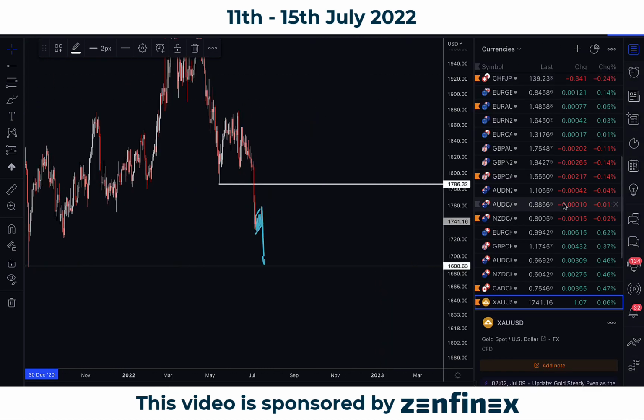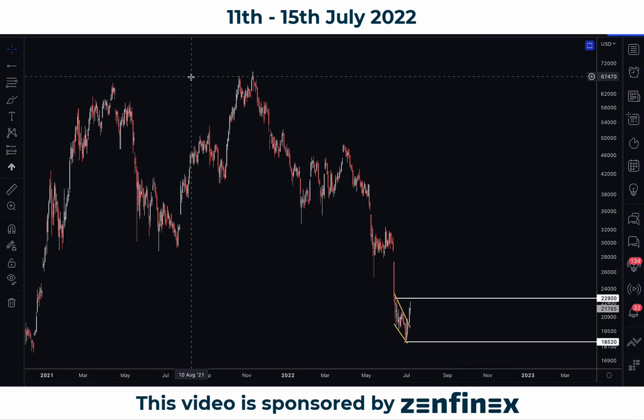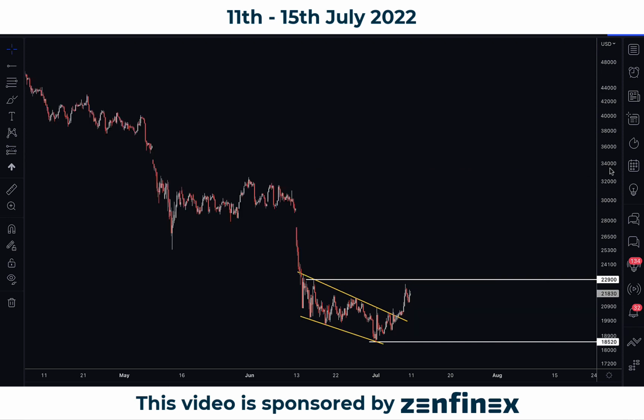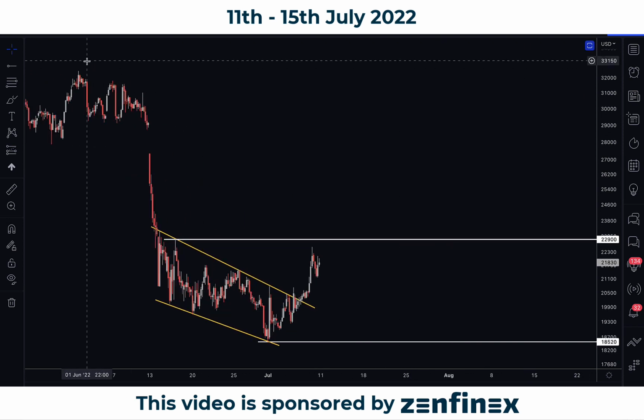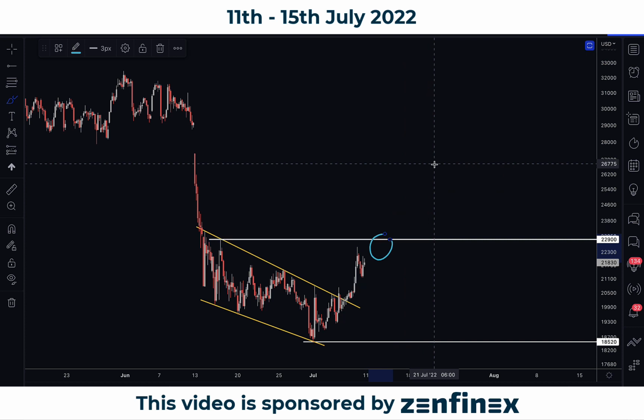Okay. Lastly over here, let's mention a little bit in terms of the Bitcoin cryptocurrencies. Okay, so I shared last couple of weeks we might get a short-term bounce. We are seeing that at this moment, and the market price is already reaching very close to 22900. My suggestion over here is if you're in the buy, manage that, because when the market reaches around 22900, there's a good possibility we're going to see a reaction.